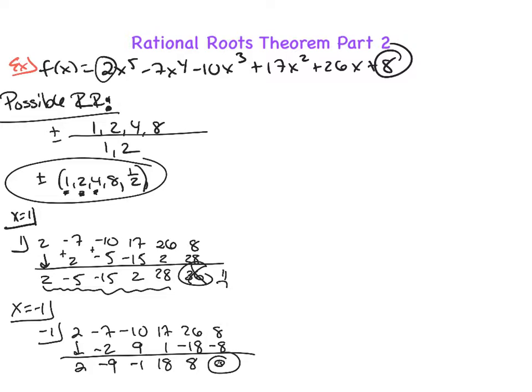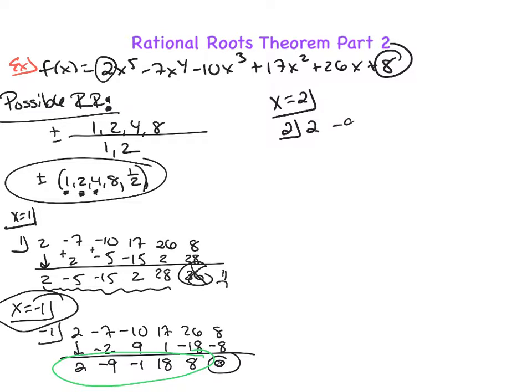Great news. Not only did we find one of our zeros, but now we can start using the depressed polynomial that's just at least a little bit shorter to check more possibilities. Now, I really should be checking x equals -1 again. Once you get a yes, you should check to see if it isn't a yes twice. But in the interest of time, I'm going to check x equals 2